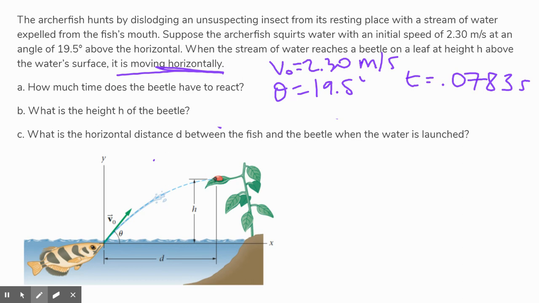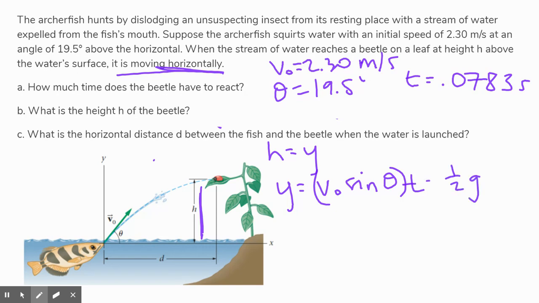This could be useful for us. So what equation might we use for part B? Go ahead and see if you can identify it. All right, well, height is just that y value. So it's that value right here. So I hope you chose something that starts with y equals. And in this case, we want to use y equals v naught sine theta multiplied by t minus 1/2 gt squared. When you plug in all of the necessary information, and this one's very straightforward, we have everything, you should find that y is equal to